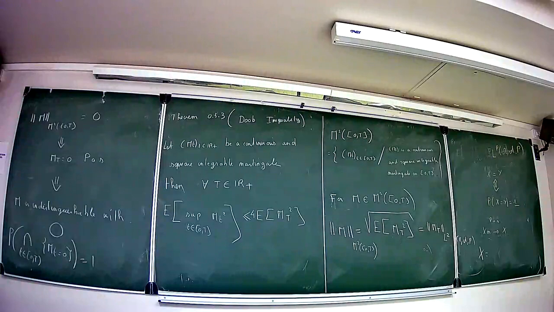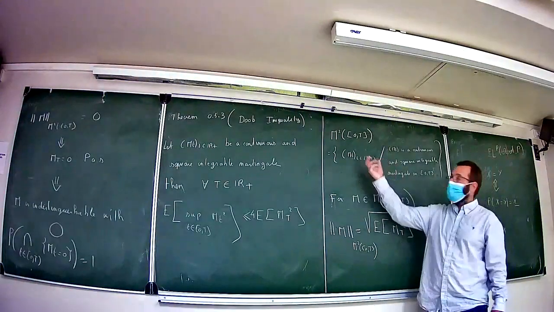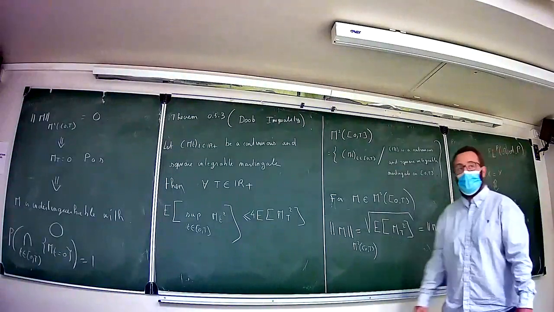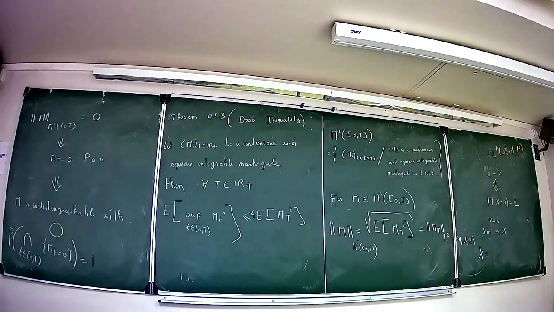And if I want the unicity of the limit, what I consider as a continuous and square integrable martingale is in fact not a single element, but the representative of all the martingales that are indistinguishable from this one. I am not sure that it is necessary to enter into too much detail for this one, because what you do naturally for L^p, do it naturally for this set, and it will be exactly the same.